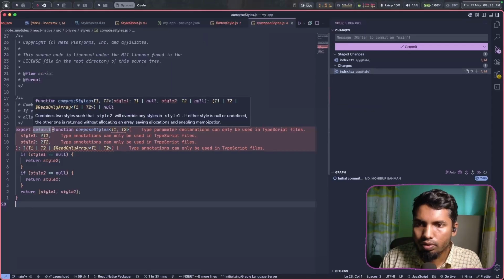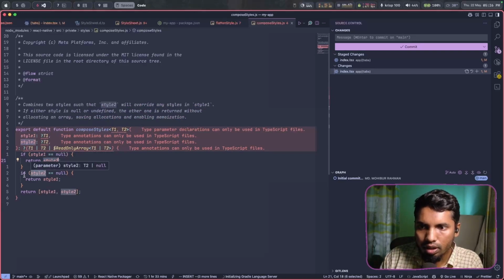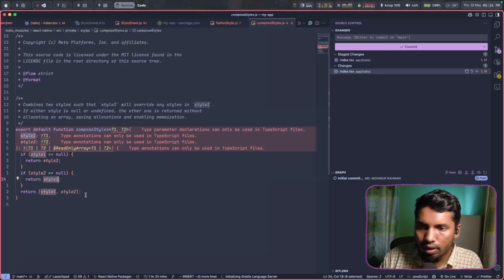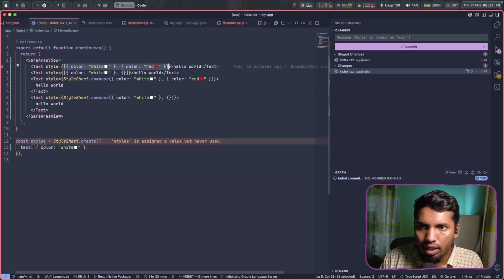So this is the source code. Here you can see if style 1 is null, then style 2 will be returned. If style 2 is null, style 1 will be returned, and if both of them are present, it will return an array. On a React Native component, we can use an array and pass style objects in it, but